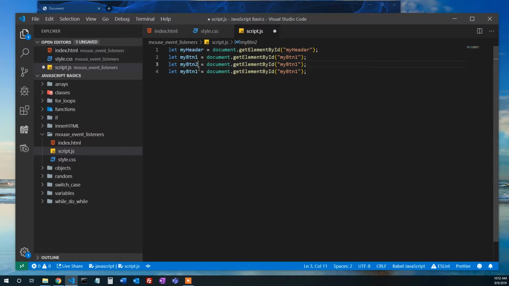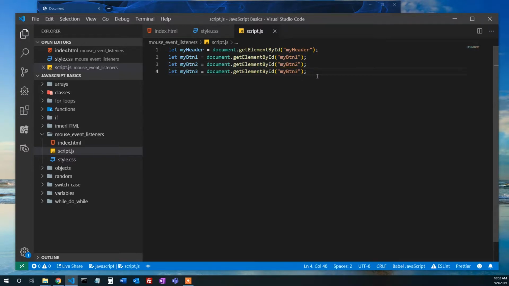Some coders would get on my case about doing all this cutting and pasting, but we're just doing basic stuff here. So okay, we've got all the different elements, their IDs, and we are storing them in these variables